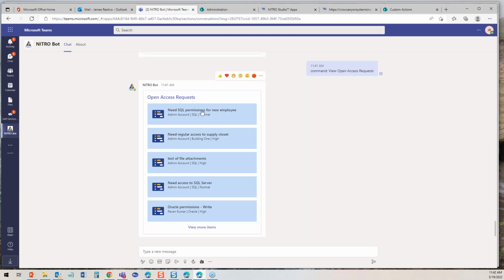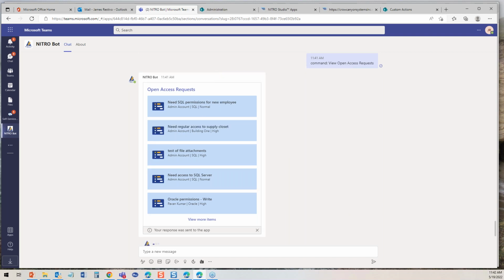What's going on, bot? Come on. You can't do this to me. It's supposed to show a card of that. Maybe I didn't configure it right. I was kind of doing this at the last minute to show this new open request. Anyway, it's all part of our bot configuration